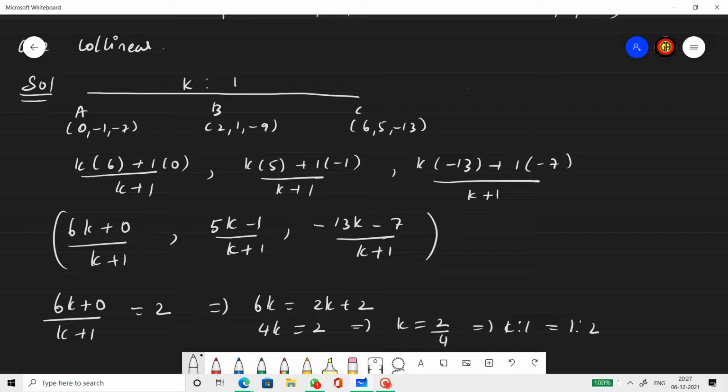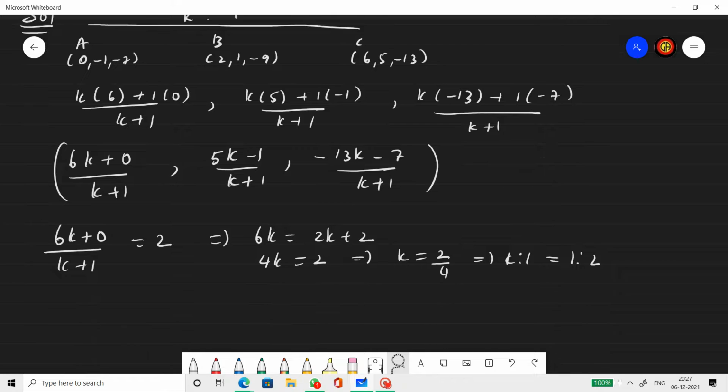Now, let us see if I apply this ratio in the place of the y and z coordinates, whether I get these 2 points, then it is collinear. So what I'm doing is finding the point of division, equating it to the x coordinate, finding the ratio, and then substituting this ratio in the y and z coordinates to see whether I get the same value which is given in B as its y and z coordinate. If I get the same, then B is in line with AC. Therefore, ABC are collinear. So let's see whether we are getting it or not.